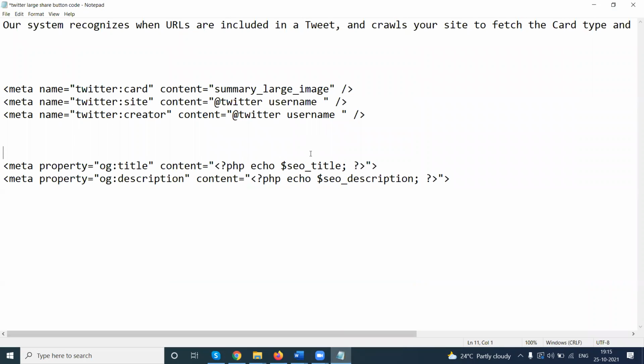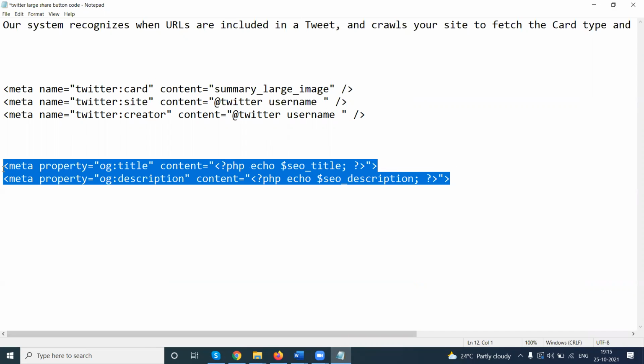This is the Twitter card. This line will be the Twitter card. It will show the title and description when a customer searches for this option. Where can you add this option? You can add this option in the common file. This code will show for all pages. When it's showing for all pages, when people search for any page, it will show a large image.